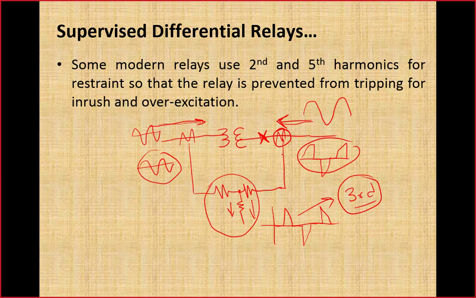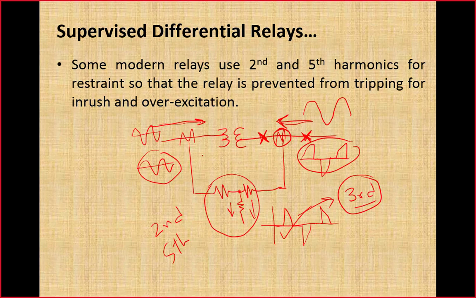So to avoid this situation, what we are doing now, instead of using all the harmonics, we are using only second and fifth harmonic for restraining application, and third has been omitted because in case of CT saturation, this current will be full of third harmonic. So due to this reason, now if third harmonic is there in this differential branch, no second, no fifth, then tripping will occur. Now what is the drawback of this selection? If a fault occurs outside the zone of protection and the CT may get saturated, then this current may result in tripping of the transformer differential. So that is loss of security.